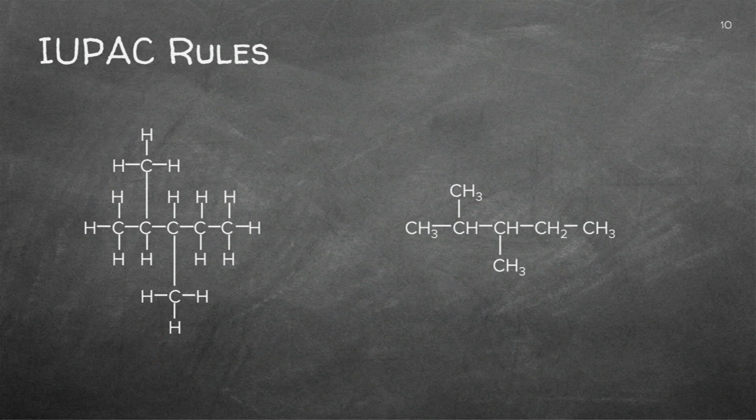I've got the longest chain. Let's do it. 1, 2, 3, 4. Or 1, 2, 3, 4. So it seems like it will be 4. You can do any way, it will be 4. Right, so that was the first rule. The second one, name. Is it single bonds? Yes, it is. It's butane. Is it just a normal butane?